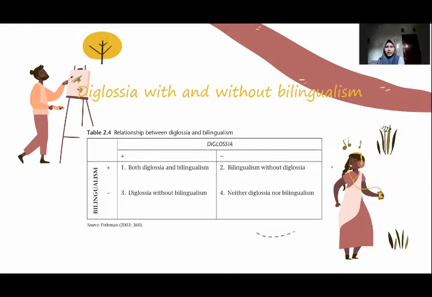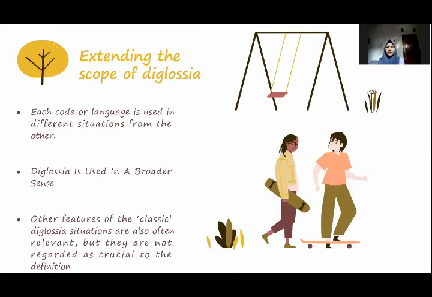Extending the scope of diglossia. First, each code or language is used in a different situation from the other. For example, in earlier decades in Paraguay, the domains where Guarani was used were quite distinct from those where Spanish was appropriate. Because of this similarity, it was suggested that bilingual communities like Sauris and Paraguay should also be considered